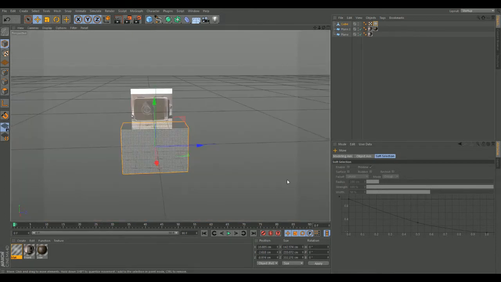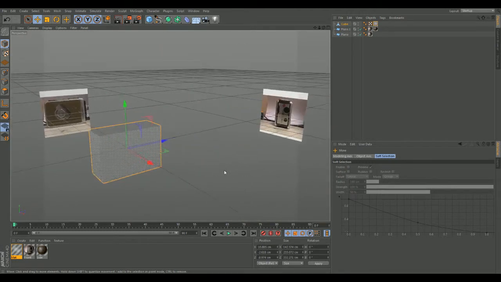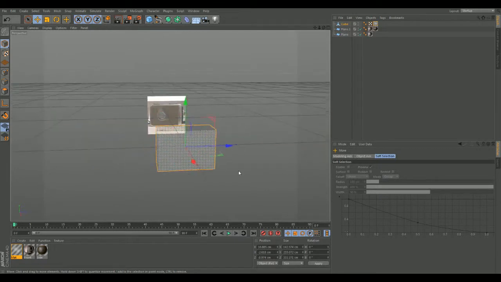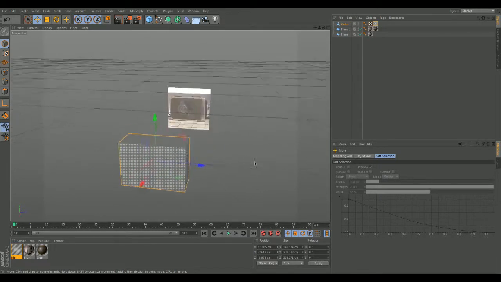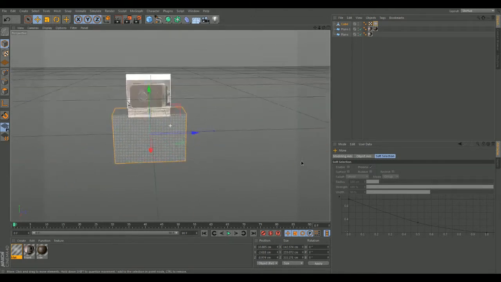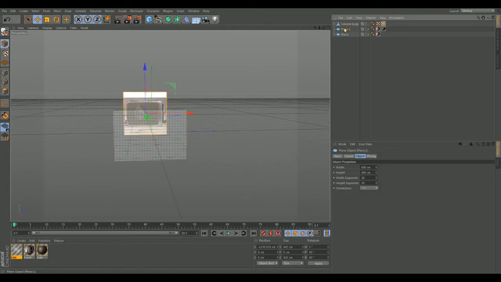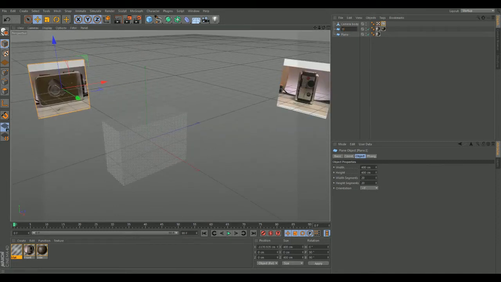Now if I go into this perspective mode, you can see I have a nice square that I am ready to use for modeling. Alright, what I'm going to do right off the bat is go ahead and name my objects. So this is going to be the camera body. And then this is going to be, what is this one? This one's the side view. So side view. And then this